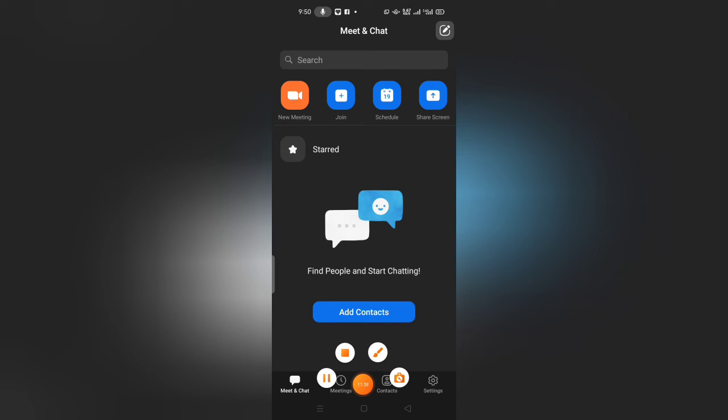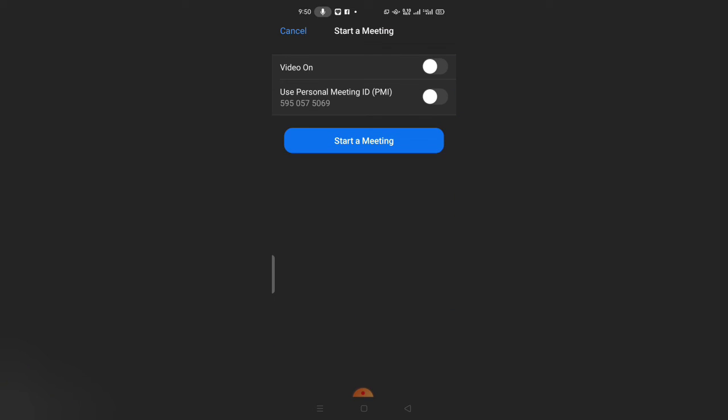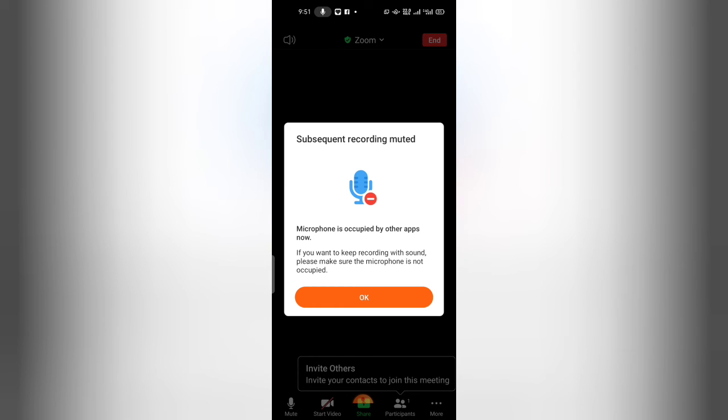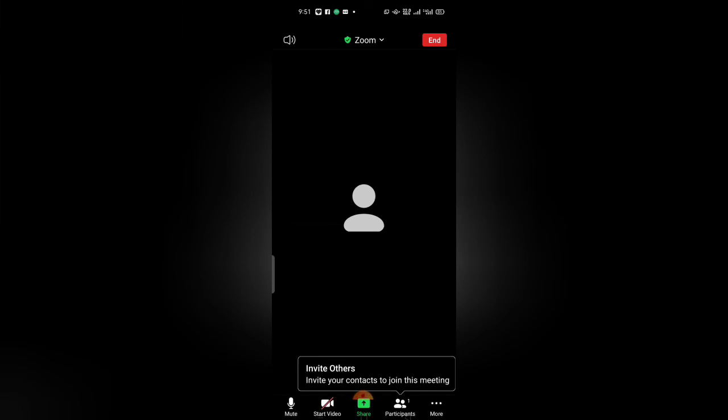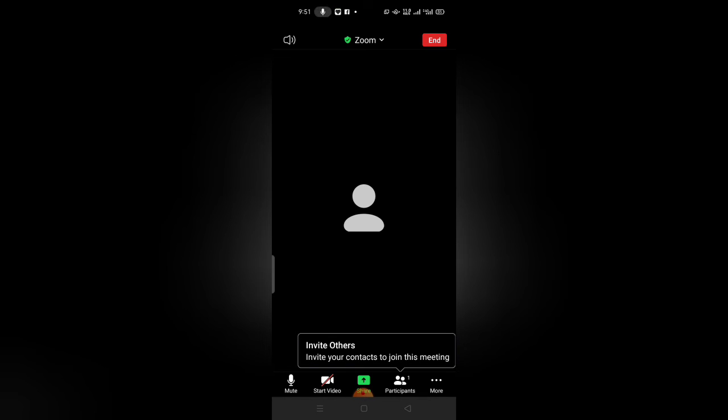we click here on the top on new meeting, and here you can see that on the button there is written start a meeting. So we simply click here on start the meeting, and now we have started the meeting. You can see the clear interface of this meeting, and there is no participant still here, so we click on